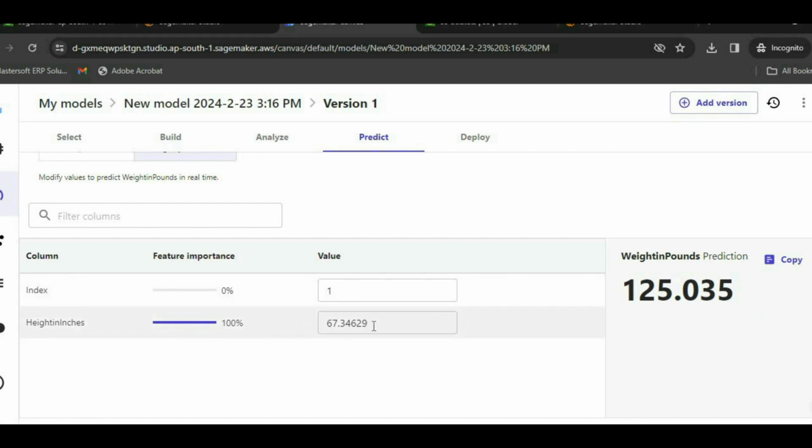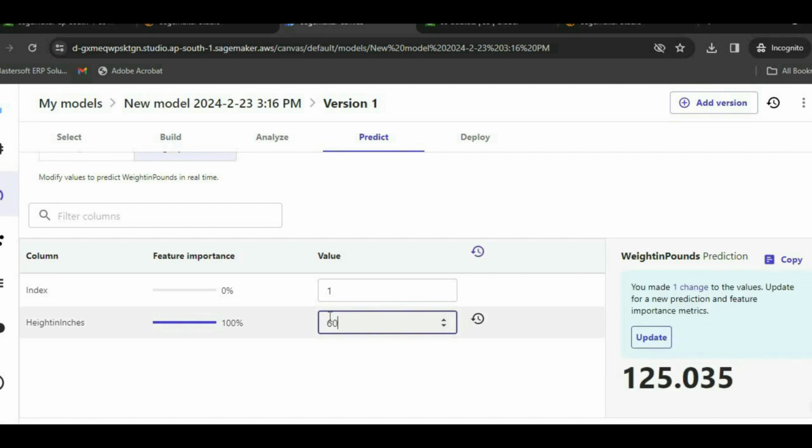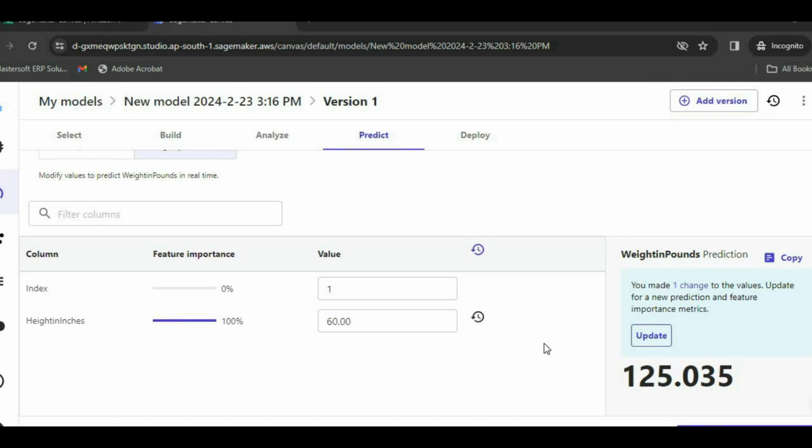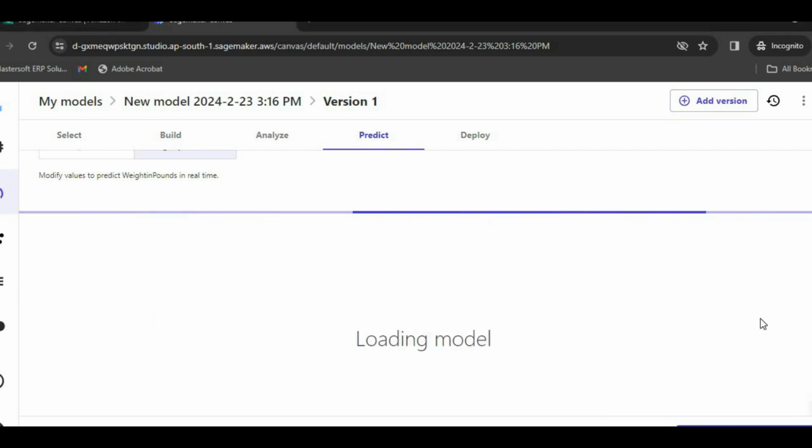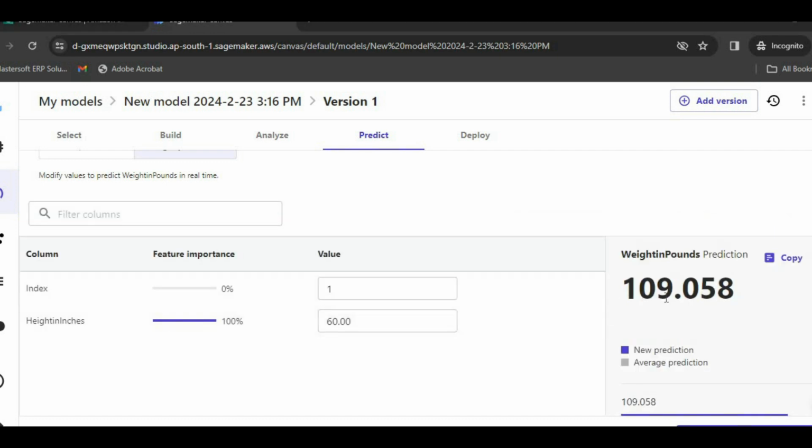Say if I enter a height of 60 inches, that is near about 5 feet. So for an input of 60 inches, we need to update this. So we are getting here weight in pounds, that is approximately 109 in this case.